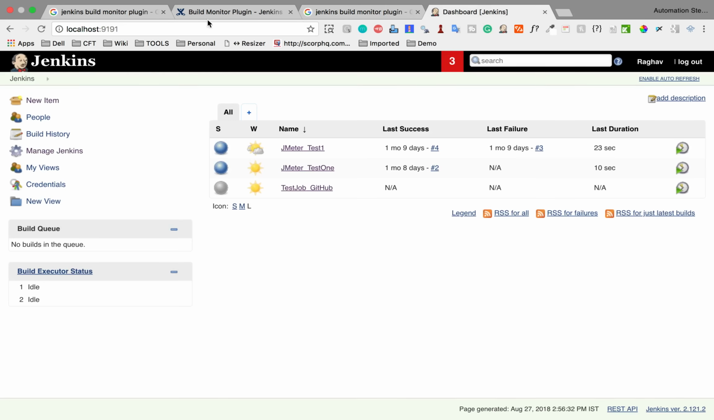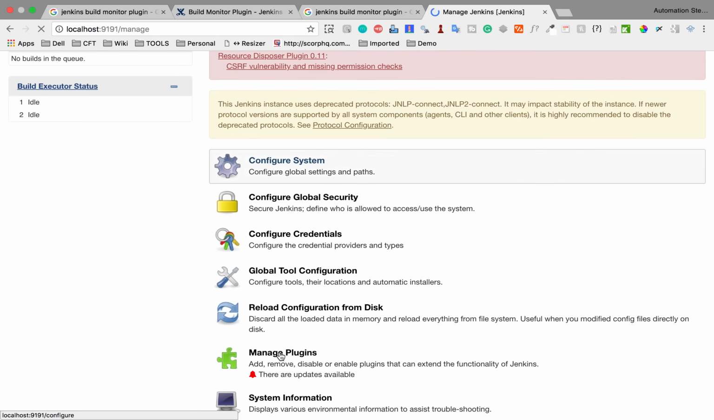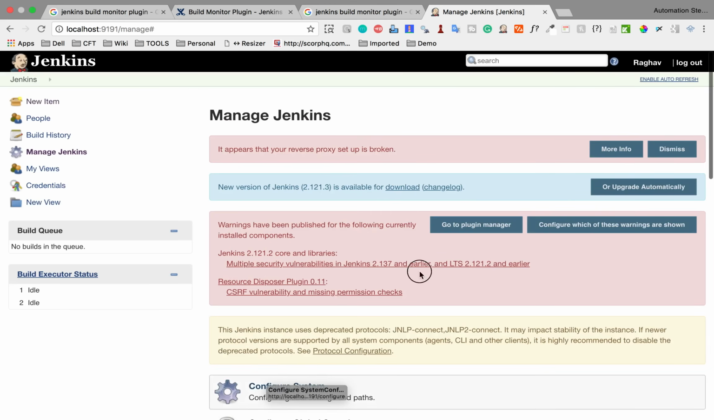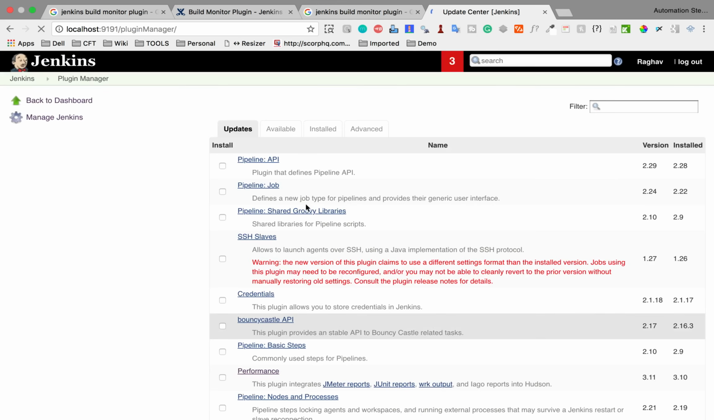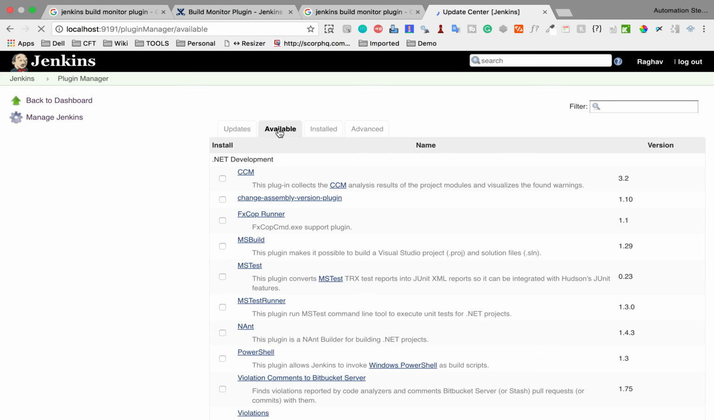So I will go to my Jenkins, and I have already started my Jenkins on port 9191, and I have to go to Manage Jenkins and then go to Manage Plugins. Let me just go again, Manage Plugins. Yes, and here I will go to the Available section, and in the Available section I will search for build monitor,